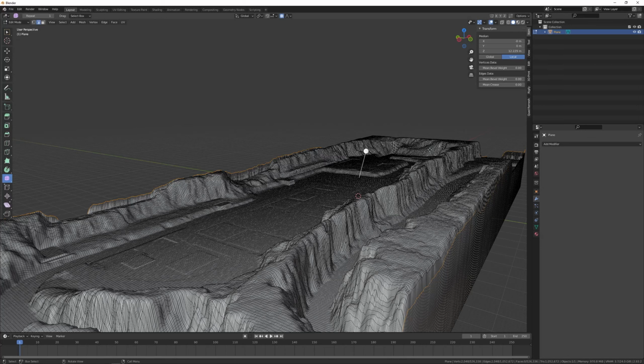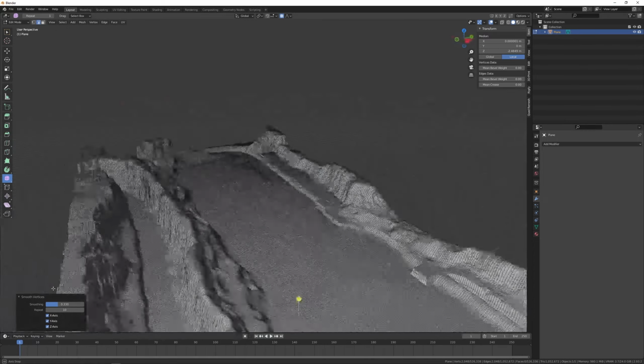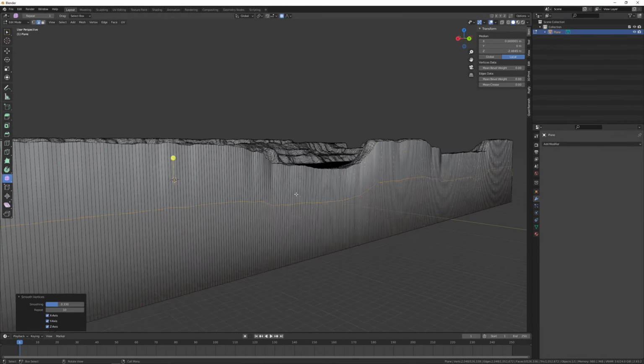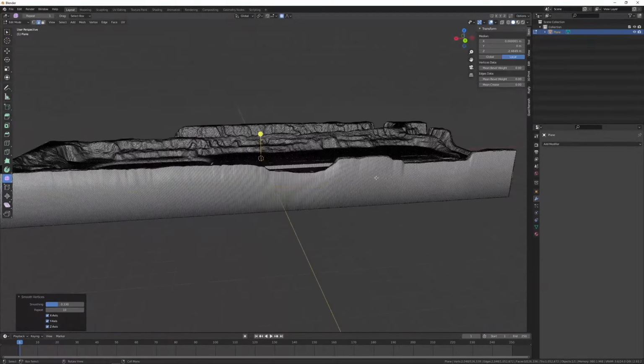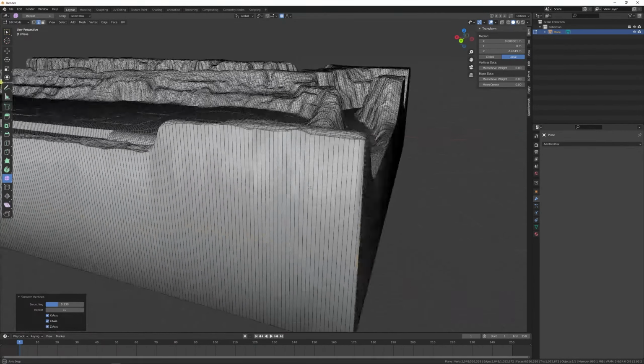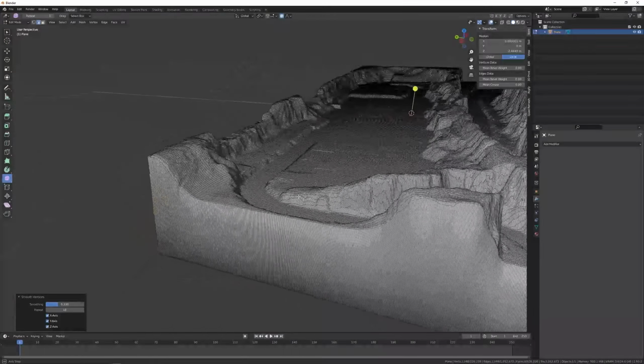I just grab this and drag it a bit to the side and let go, because we're going to do the numbers in this panel instead. 0.33 is reasonable, and maybe 10 iterations of smoothing. It takes a little while. And there we go. Now this looks a lot better.